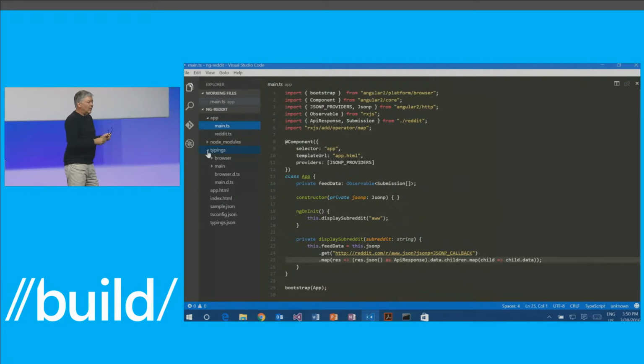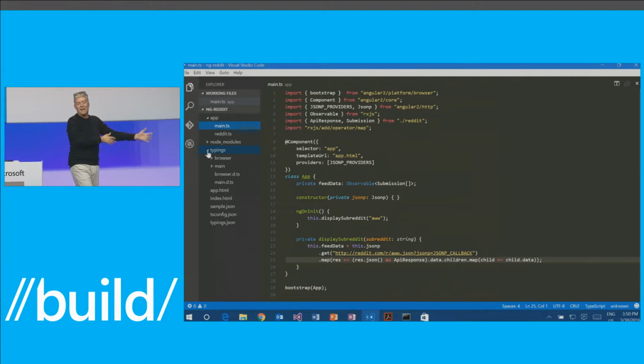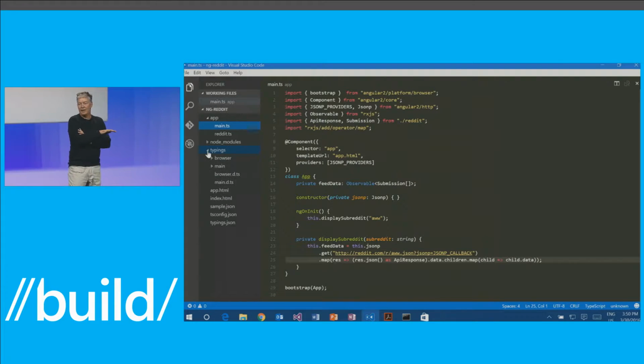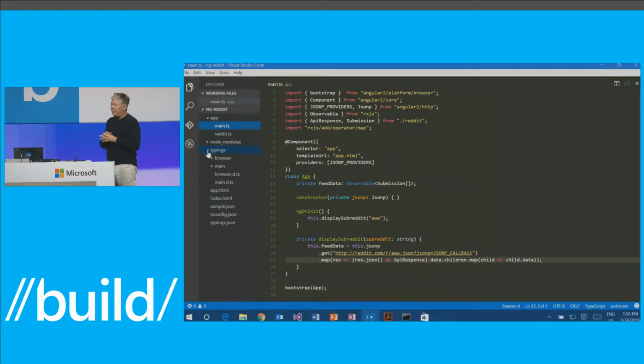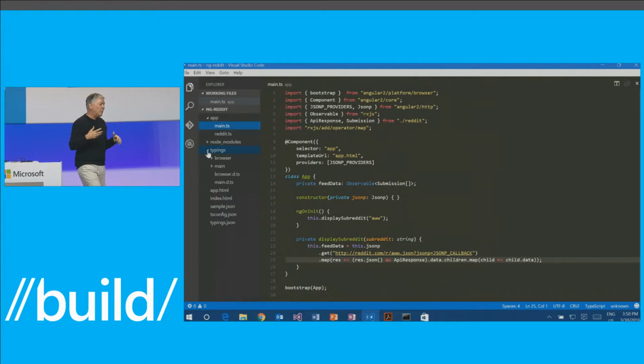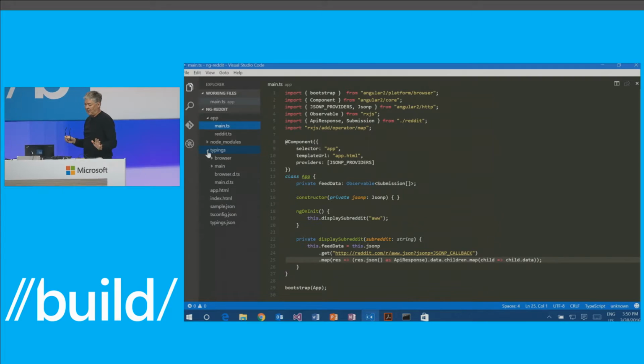One of the cool things about TypeScript is that even if a JavaScript framework wasn't written in TypeScript, you can go write down all the type definitions for it. And then we can slurp them up and give you intelligent experiences in the IDE. And the community has really gone hog wild on that. There's a site on GitHub called Definitely Typed, and they have collected now more than 1,500 frameworks covered with type declarations. So pretty much any JavaScript framework you pick, you'll be able to use with TypeScript and get great experiences.